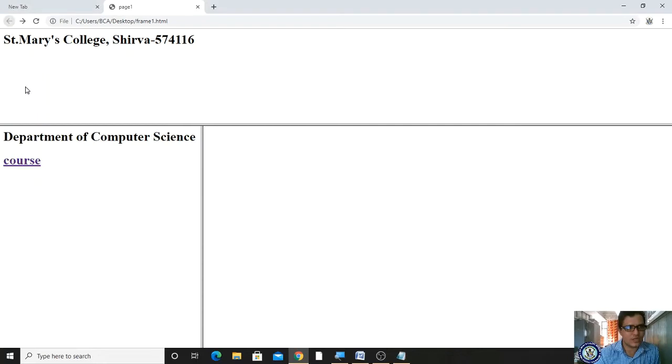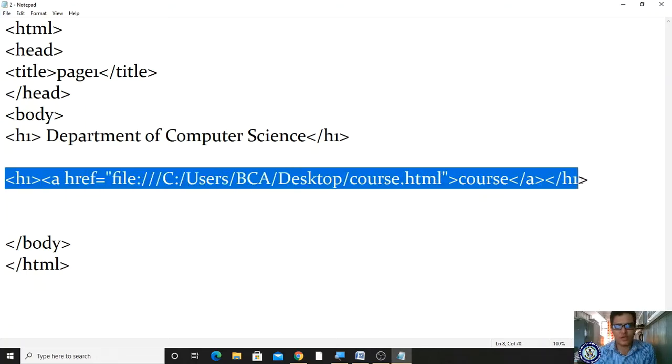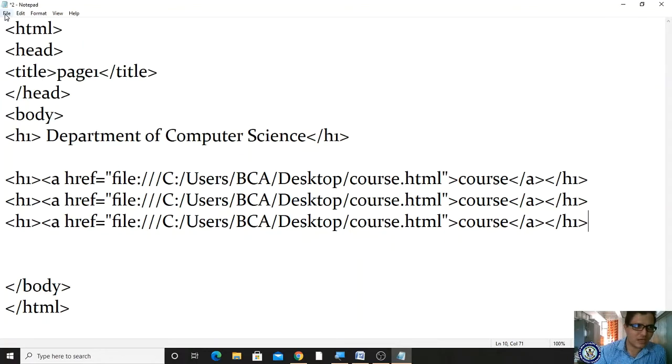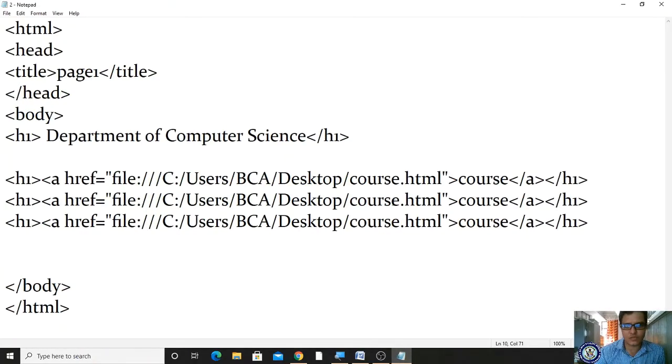So for that, we have to open our frame file. But before that, let me give all the links. I am taking the links with h1, and there are 3 web pages, right? I am saving. One is course, 3 and 4: 3.html as well as 4.html.